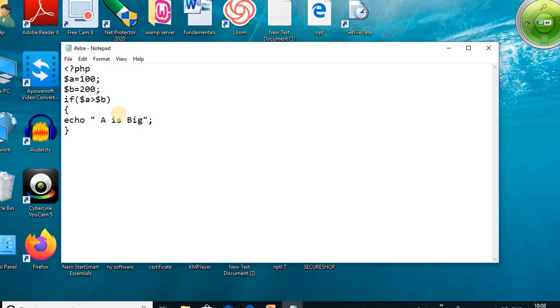Now next is if this condition is false, now the controller will jump to the else part. So write the else. If condition is not true, if A is not big, so obviously B is big. So write echo B is big.